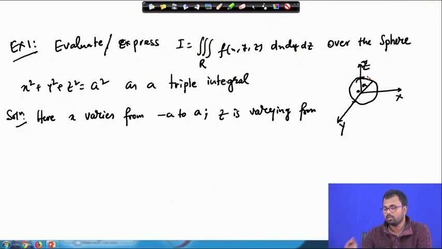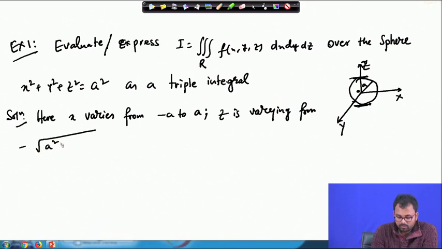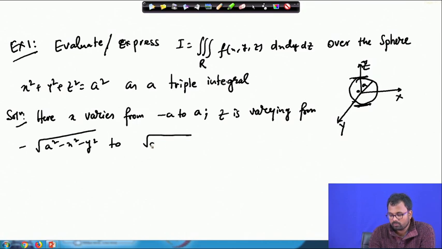That means from this point to this point. It's slightly difficult to figure out the 3D geometry, but it's varying from minus square root of a square minus x square minus y square to plus square root of a square minus x square minus y square, and y is varying from